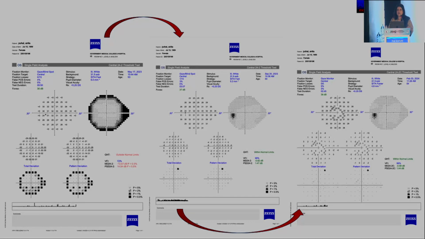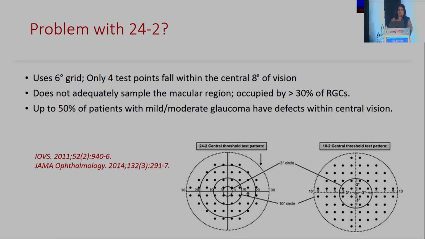So for some patients, even if they are young, they are just not used to taking a longer test; a shorter test can help solve that. So coming up to 24-2C SITA Faster, we need to understand what was the problem with 24-2, which the computing engineers pointed out. 24-2 uses a 6-degree grid in which only 4 test points fall within the central 8%